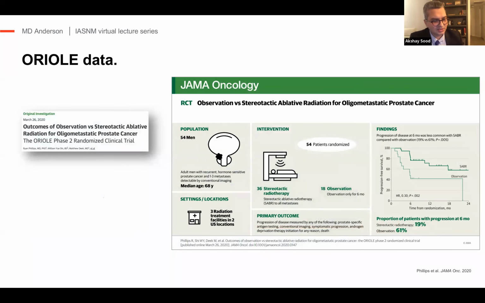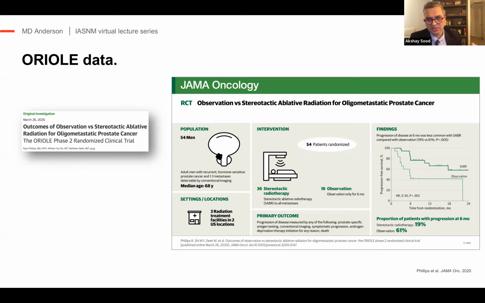And lastly, I'll discuss the Oriole study, which I'm sure most of you are familiar with. This was a phase 2 randomized trial that had 54 patients, randomized in a 2:1 ratio, with 36 patients undergoing stereotactic radiotherapy versus 18 undergoing observation. This was patients with recurrent hormone-sensitive prostate cancer with low volume disease based on the CHARTED criteria. And the key finding is essentially, if you